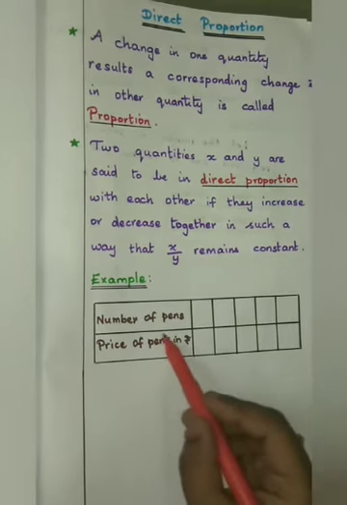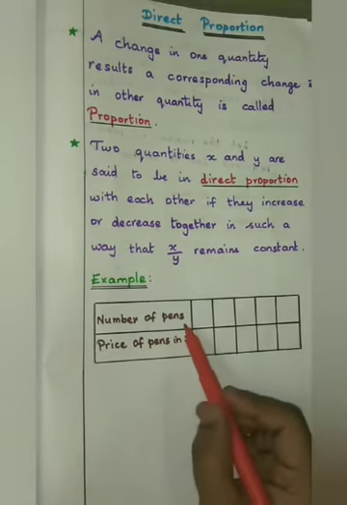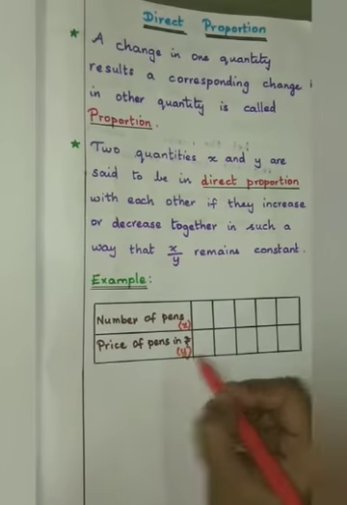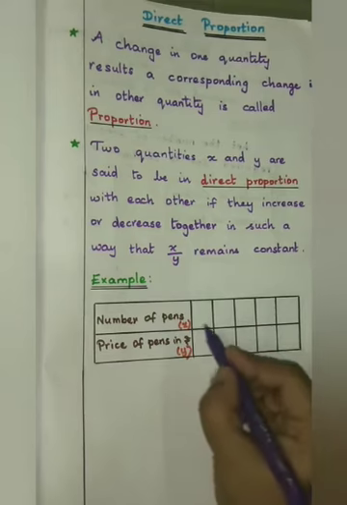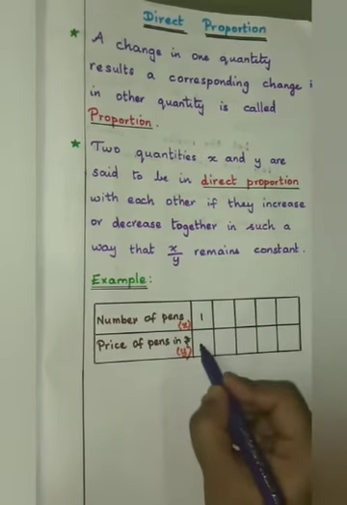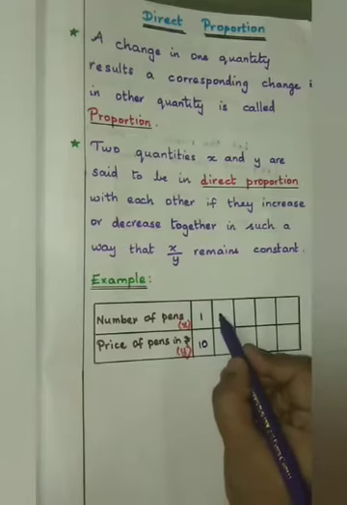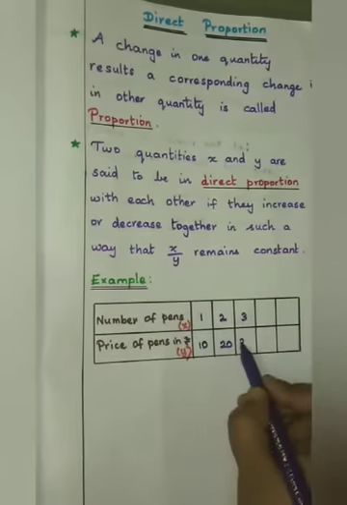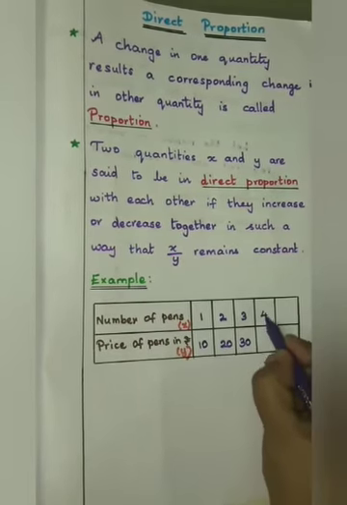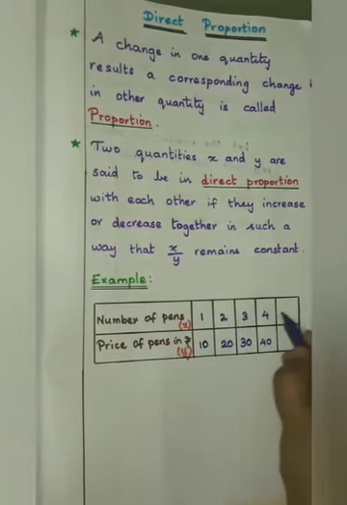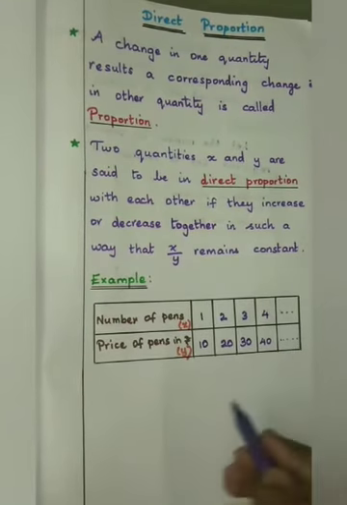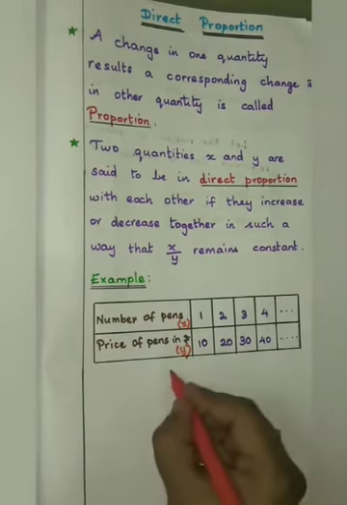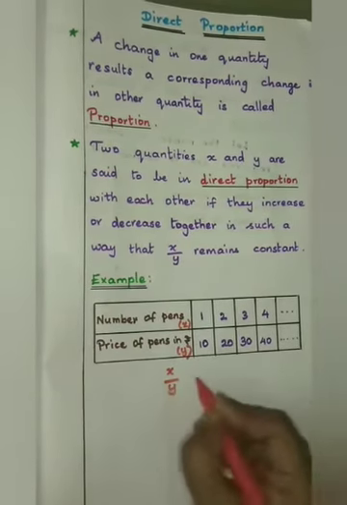Here, the two quantities x and y are the number of pens and its price in rupees. If the cost of one pen is rupees 10, what about 2 pens? 20. 3 pens? 30. 4 pens? 40. And it goes on. Now, find the ratio of x and y. x by y equal to,